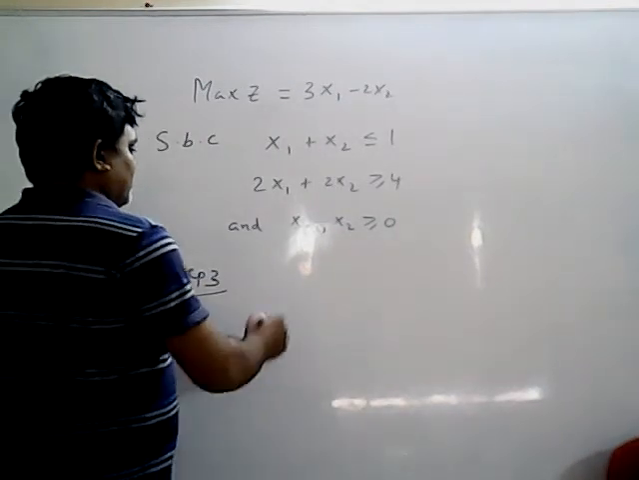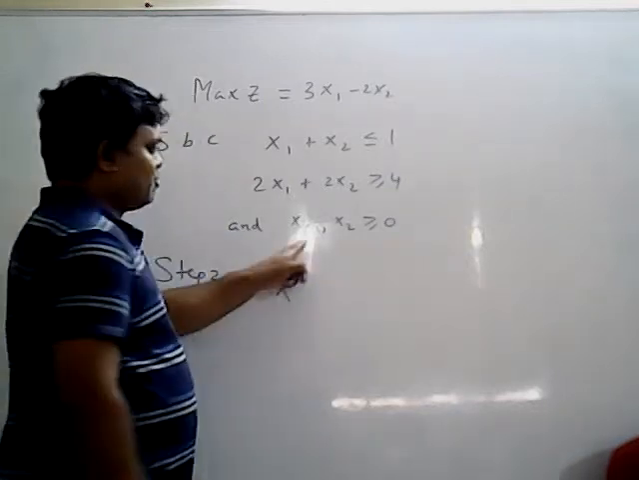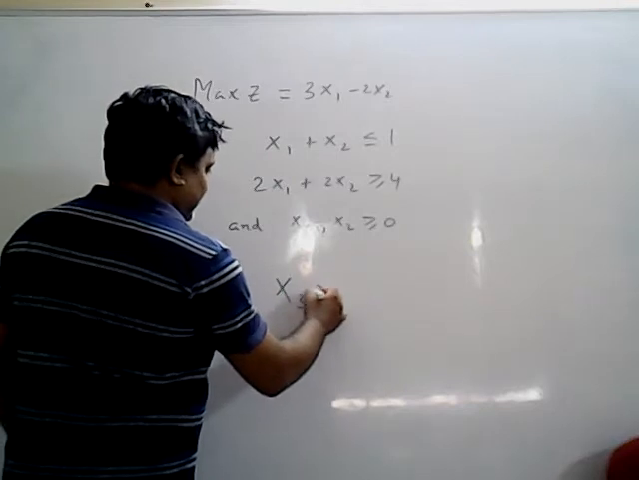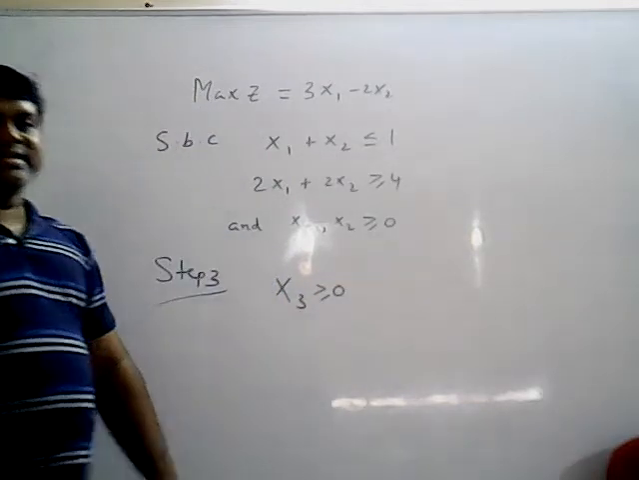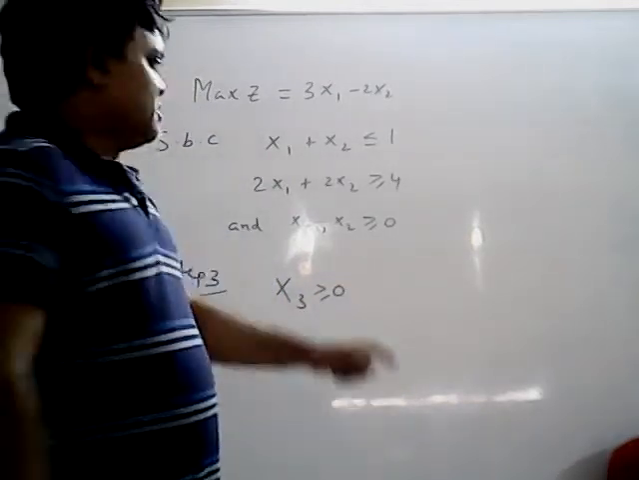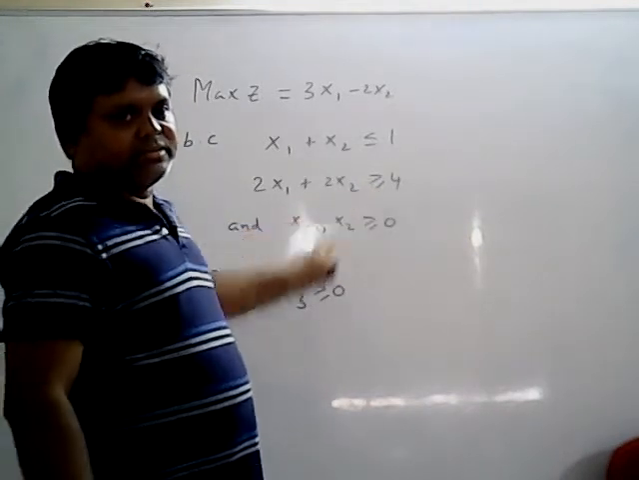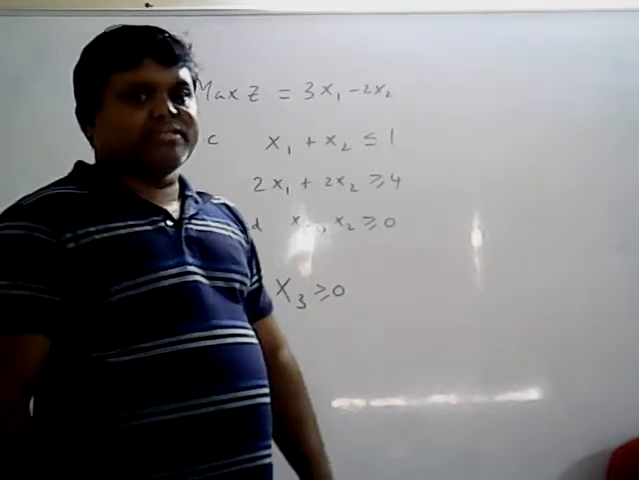Introduce the slack variable. Already the original problem's 2 variables are completed. So introduce the slack variable x3 greater than or equal to 0, and a surplus variable. How many surplus variables are required? Only one greater than or equal type is there, right? x3 greater than or equal to 0, surplus variable,